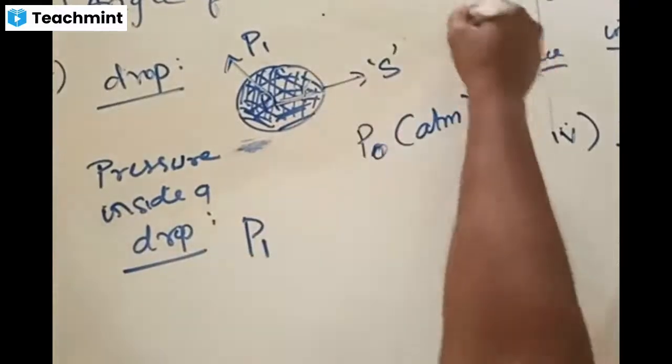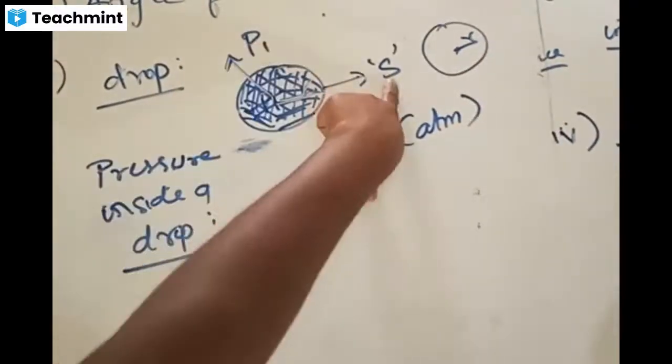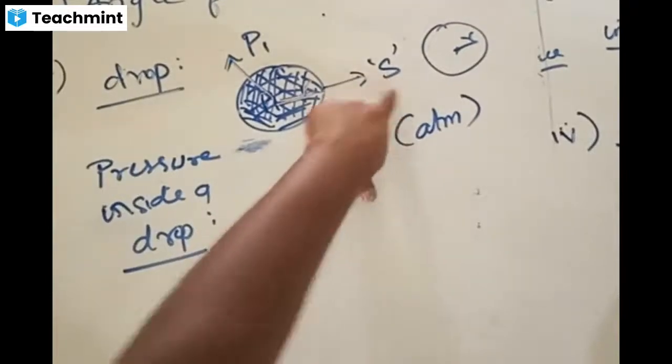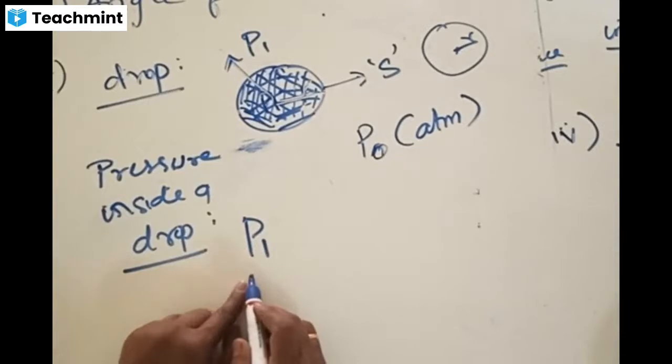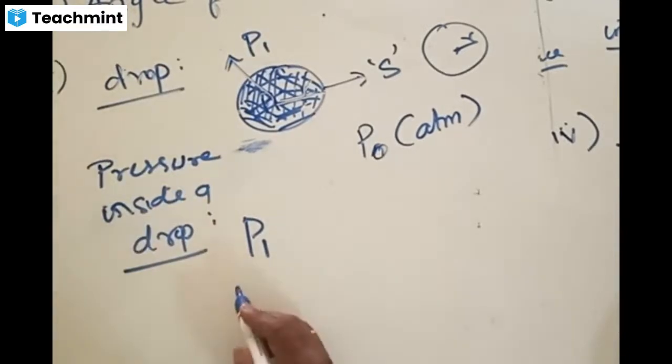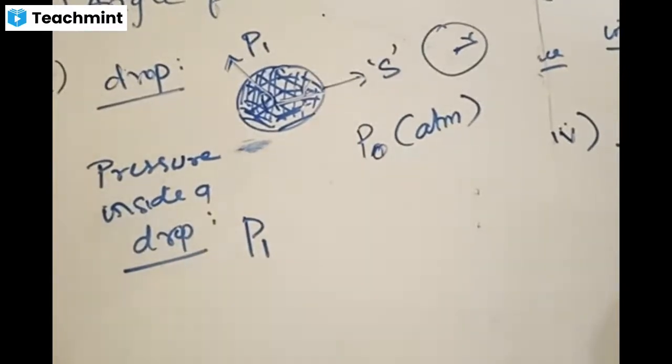This drop will also have some radius. For any drop, there would be some radius associated with it, and for this liquid drop there exists some surface tension. Depending on the surface tension and the drop, P1 is called the excess of pressure inside the drop. Obviously, out of these two, which one would be more, inside or outside? Outside, the molecules are freely packed, so they can move randomly in all directions, with not much pressure. But inside, all the molecules are closely packed. Pressure inside is going to be more. Very good, Manasa.